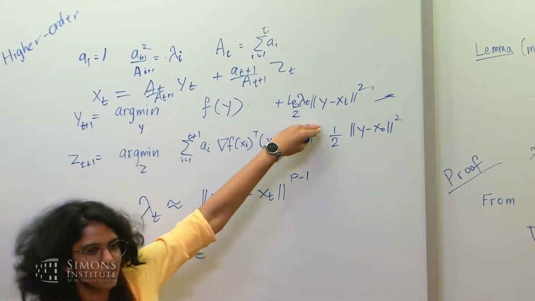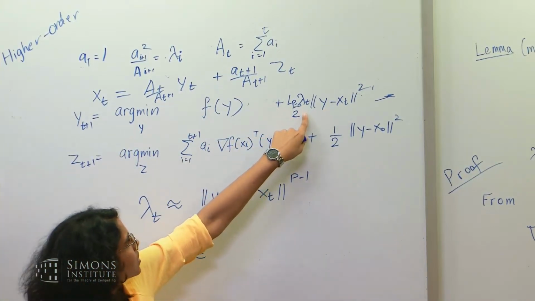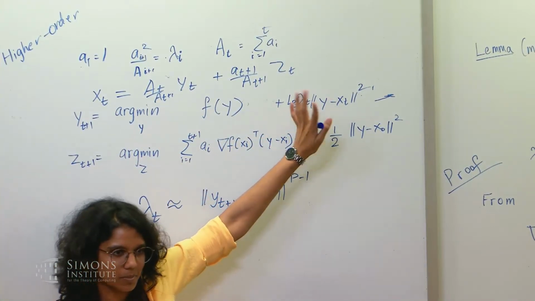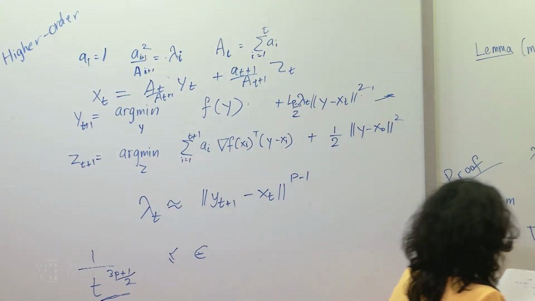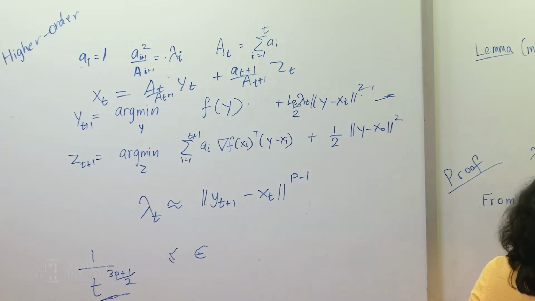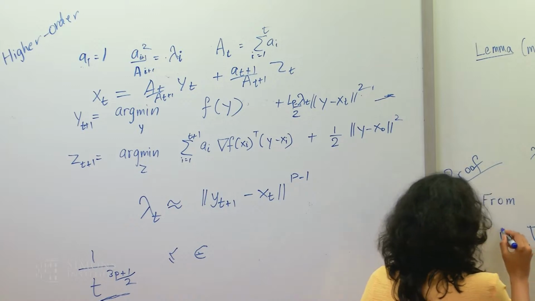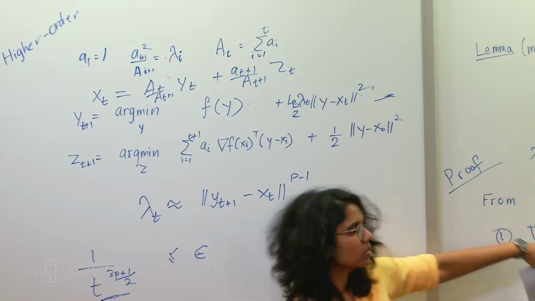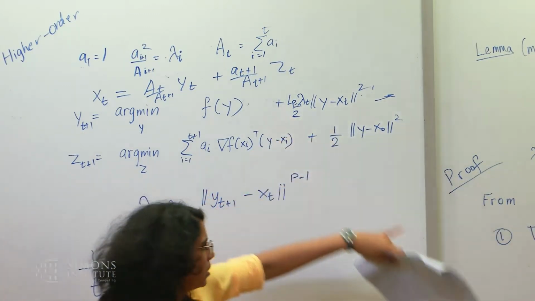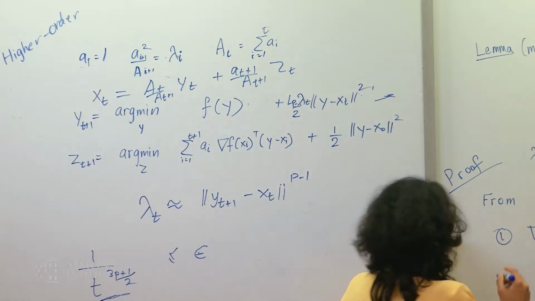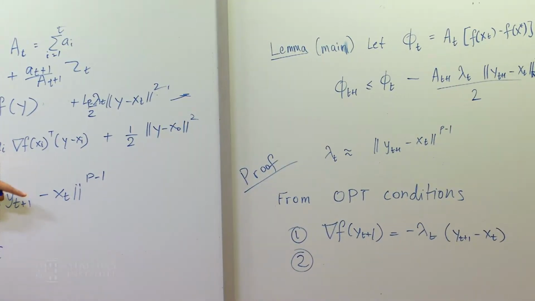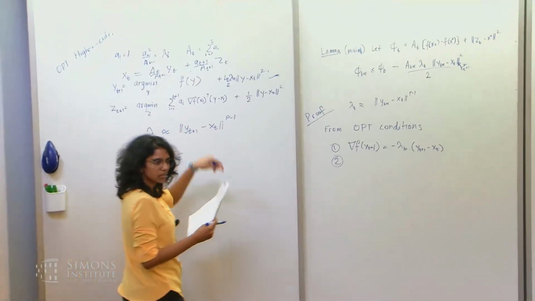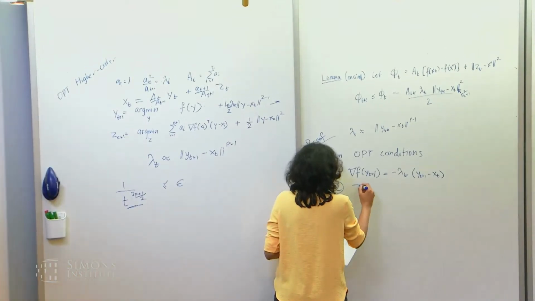So I'm going to cheat and solve this. Since our lambda_t was basically y_{t+1} minus x_t, it's almost the same problem. From optimality, this is just by differentiating this and setting it to 0, we get this. And we saw this morning that if you just minimize these, then you actually get